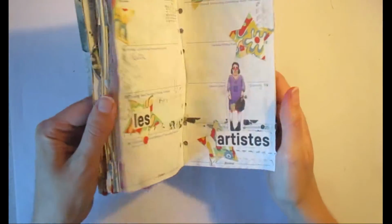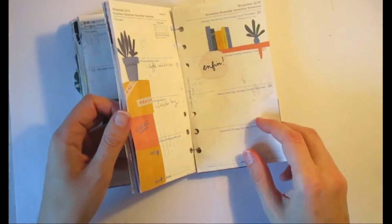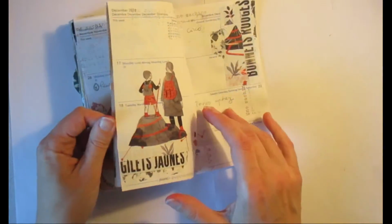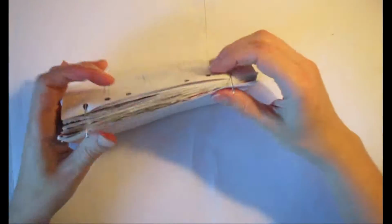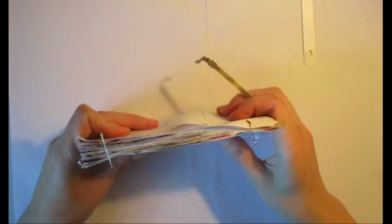Hi guys, today I'm gonna show you how I made my binding for my refill of the last year of my Filofax, because this was a project that I was doing during all the year, and in fact I am continuing with it this year, although I am not recording the videos, but sometimes I put some pictures in my